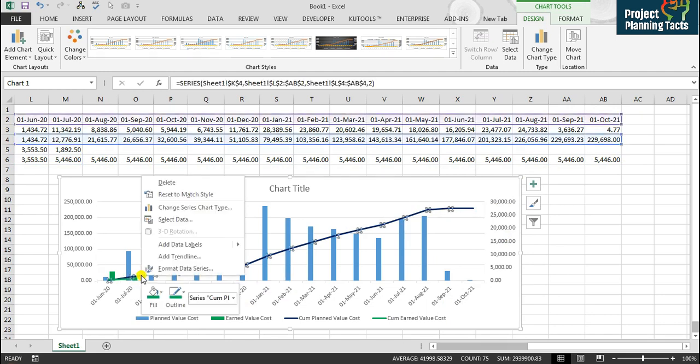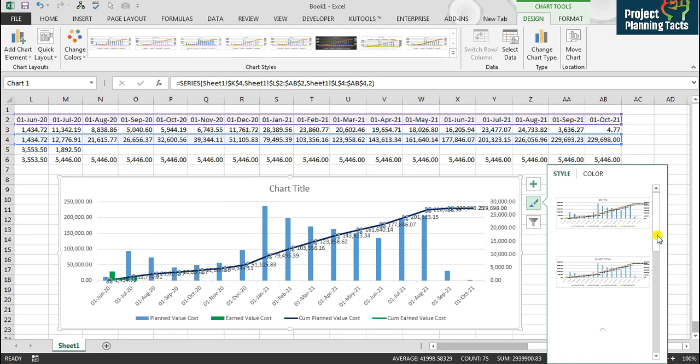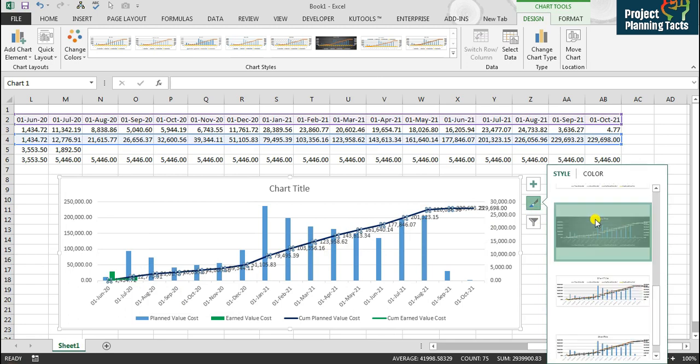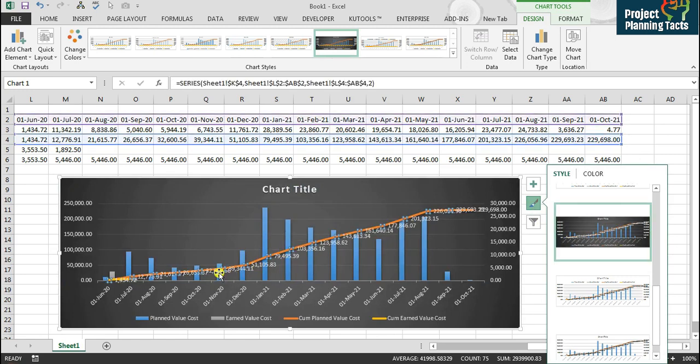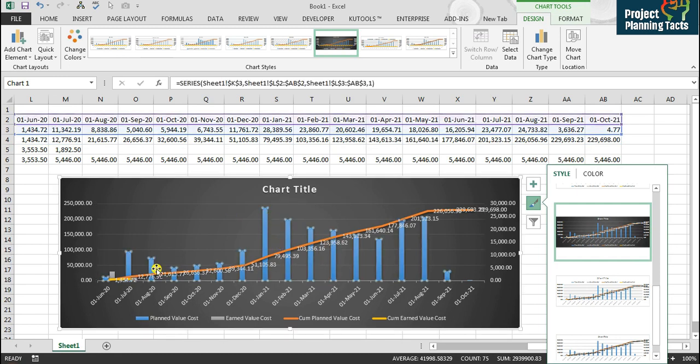And then if you want, from here you can add the data label, you can add different things, you can format also. There are some default formats which are showing here. Let's say I will select that one, and it is showing everything here which I need, and it's up to you, whichever you want you can make it better, but I just gave you an idea that accordingly I can show my planned values versus actuals.